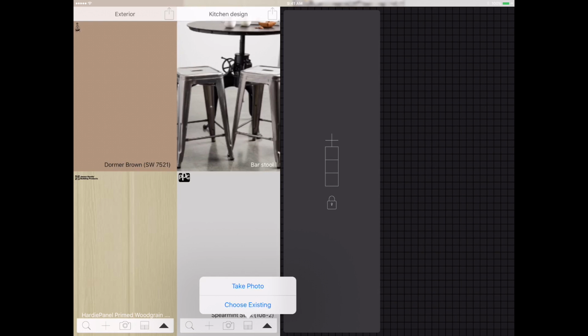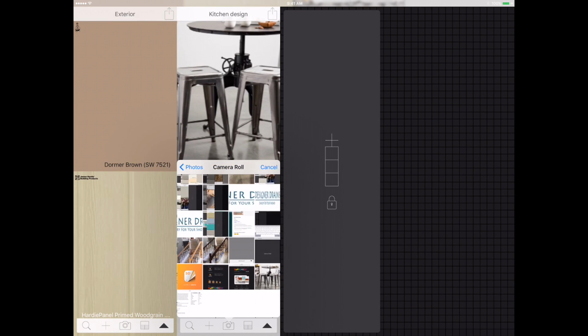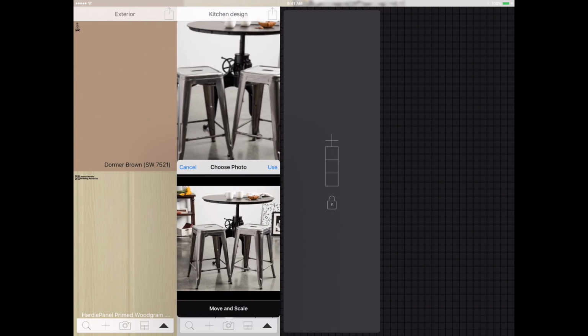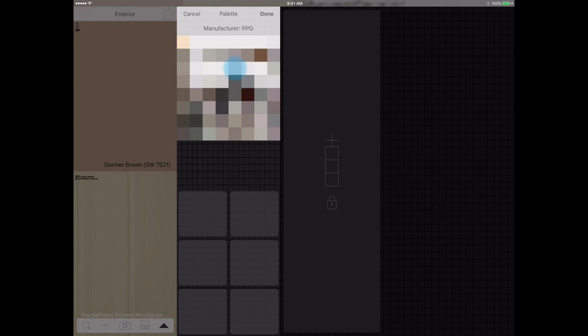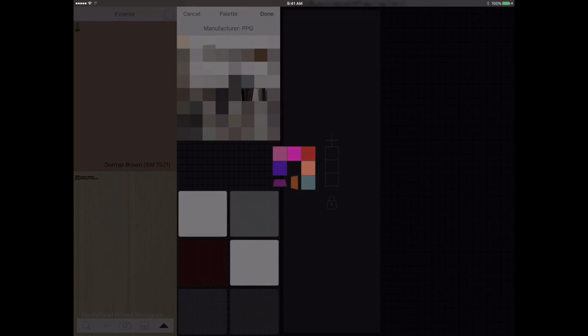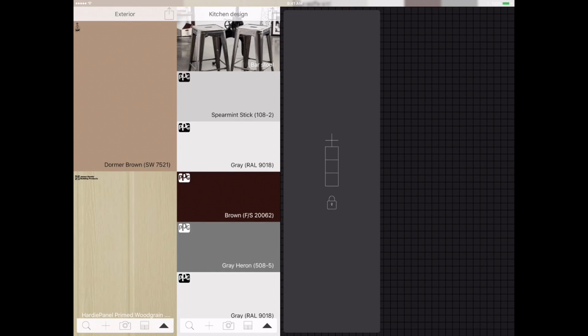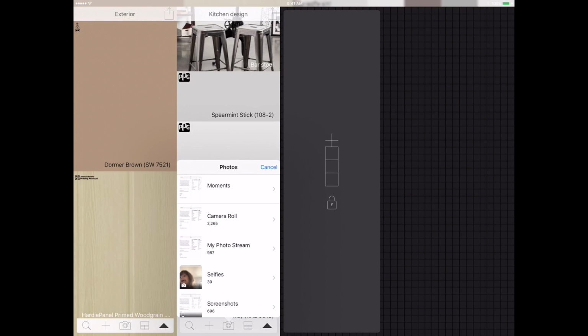With the palette function, I'm going to choose existing again. This one will take averages from a picture and create up to 48 paint colors for you. And because each area allows up to 8 swatches, you can pick and choose 8 colors from the picture. So I'm just going to choose a few here. And now I've kind of got a good palette going of different colors, but maybe I don't want to use all of these. So I'm going to go back,